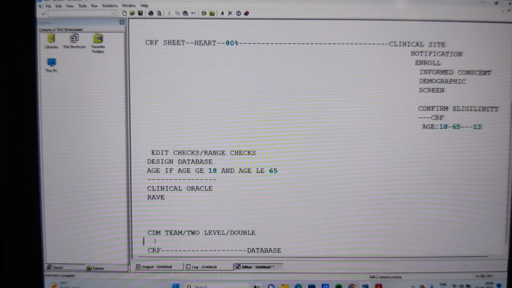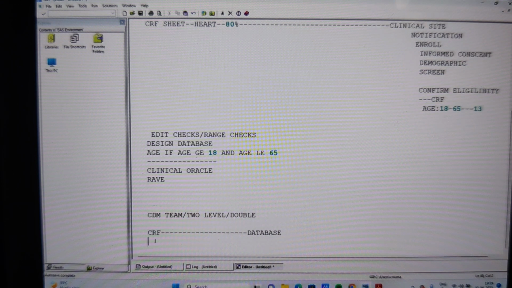So why do we do this? To get more and more accurate data, to avoid such unnecessary errors. It is a continuous process. The data entry people will enter the data into the database, and whether the study runs 90 days, 100 days, 1 year or 2 years, depending on that, they are going to continuously enter the data.